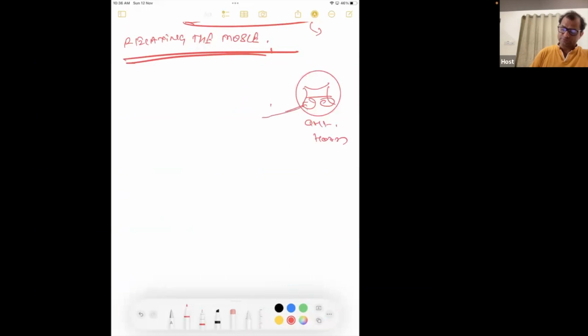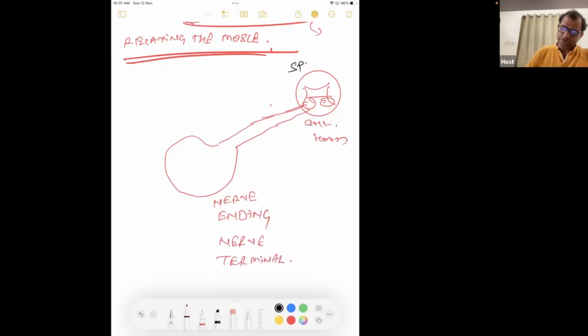From there, this nerve is coming out, and let's make the nerve terminal a little bigger so we can understand very properly. So we are saying, okay, from the anterior horn of the spinal cord,